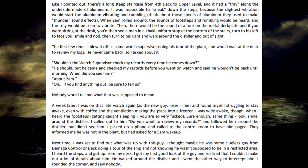When 2 a.m. rolled around, the sounds of footsteps and rumbling would be heard, and the tray would be seen to vibrate. Then, there would be the sound of a foot on the metal deck plate, and if you were sitting at the desk, you'd then see a man in a khaki uniform stop at the bottom of the stairs, turn to his left to face you, smile and nod, then turn to his right and walk around the distiller